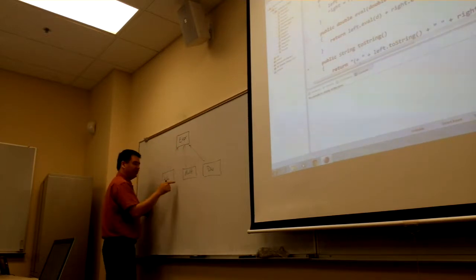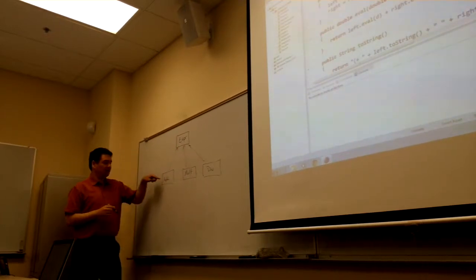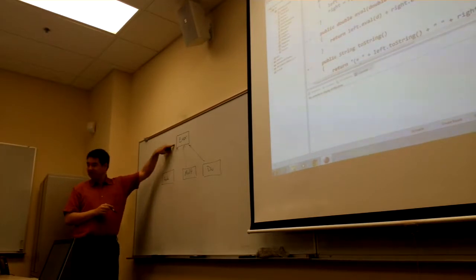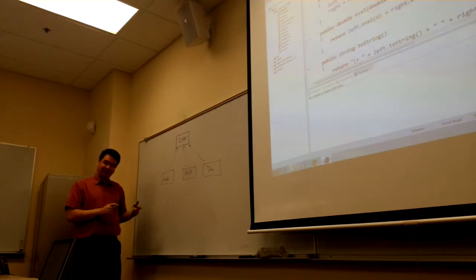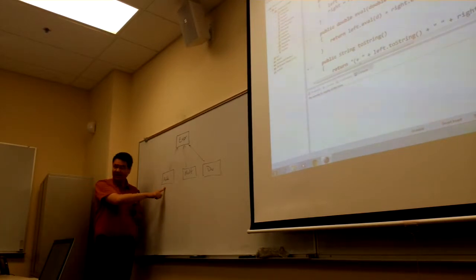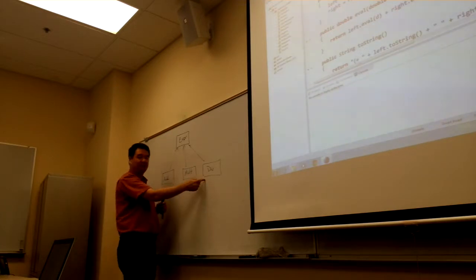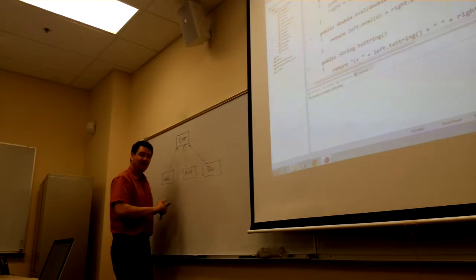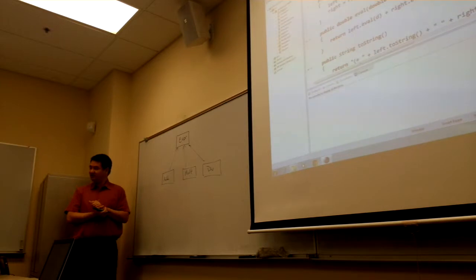So these three classes, add, multiply, and divide, all implement Expression. They all do the same things, but the ways they do it are slightly different. When you want to eval an add, you use plus. When you want to eval a multiply, you use times. When you want to do divide, you do divide. But there are some things that they do that are exactly the same, like count,